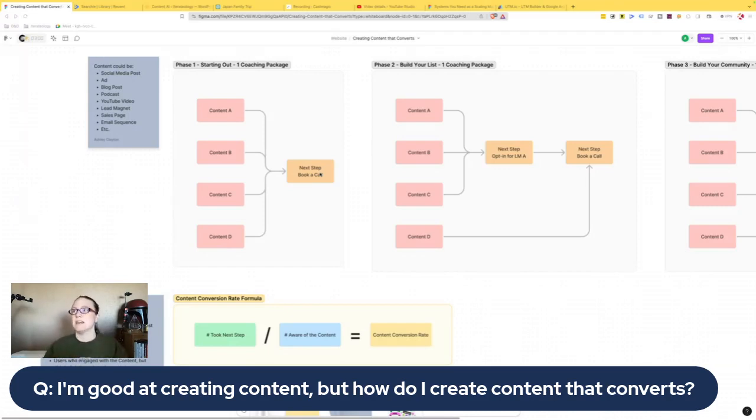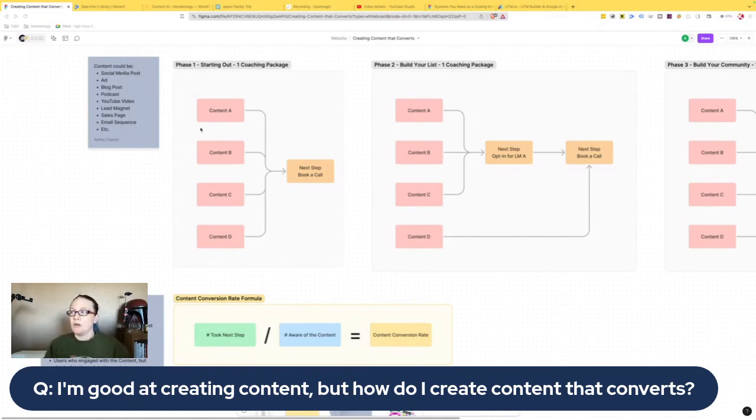So, a bonus to this: ways to think of content. These could be social media posts. I don't deal right now in a bunch of ads, but an ad is still technically content because you've got the image, you've got the ad copy, and it's a much more direct path versus a blog article that somebody finds on Pinterest or through SEO.